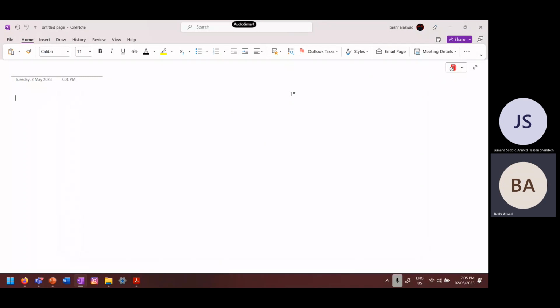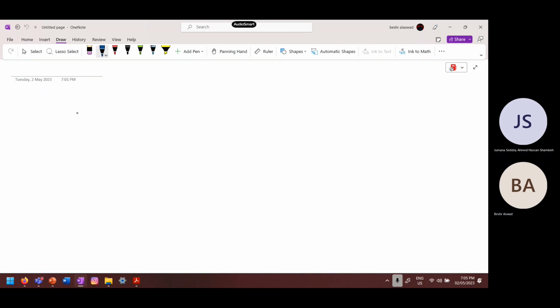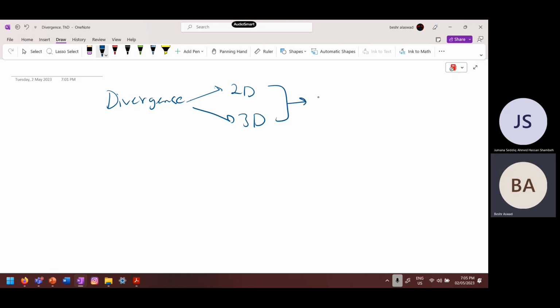Let's start. Previously, we introduced line integration and Green's theorem. Now we're going to have a new topic, which is divergence. Divergence, both in 2D and 3D. These two concepts are used to find the flux